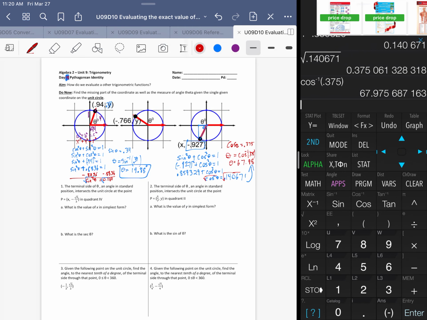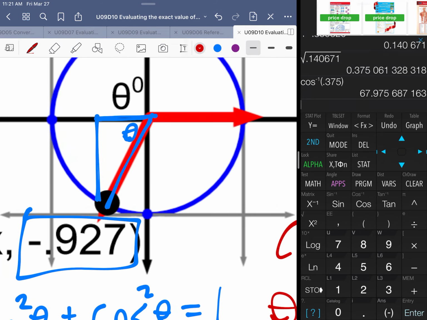Anyways, so that's how you can find the missing part of a side and the angle given either the x or the y value. Pretty much what you're being given is in the unit circle, you're either being given the sine or cosine, and then you're finding the other one based on that, based on the Pythagorean identity. Actually, we're not finished with this question, because what we found is the measure of this